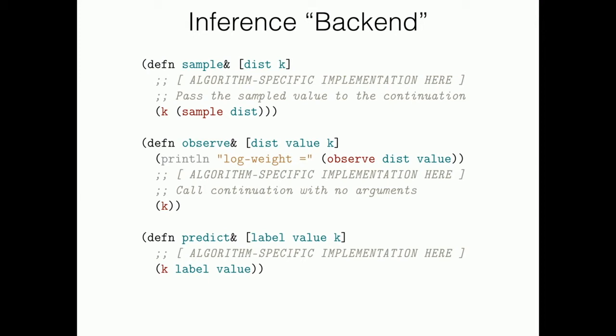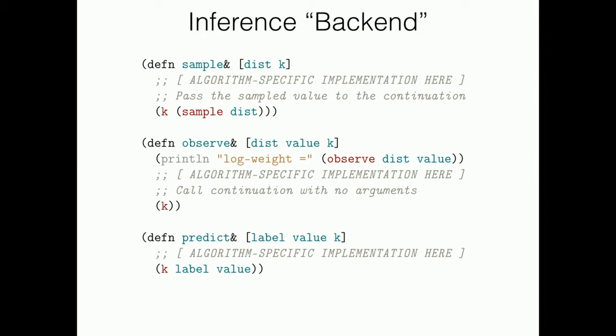This is all the code you need to write. If you want to write inference algorithms in Anglican, you generally speaking have to write about 50 lines of code. And you have to implement sample, and this is really obvious now what's going on. We have a program, you run, and it runs until it calls a sample, right? That sample, what does it do? It samples from the given distribution and calls the continuation with that value,